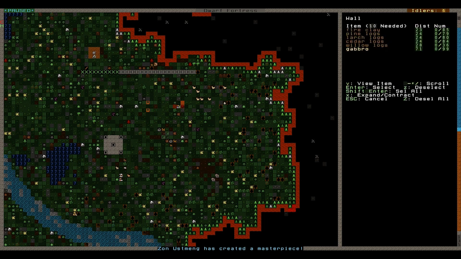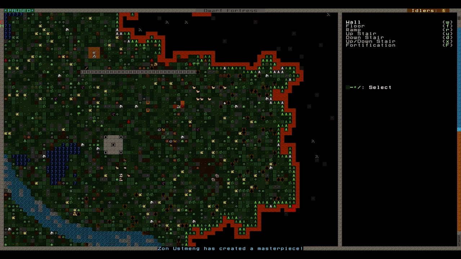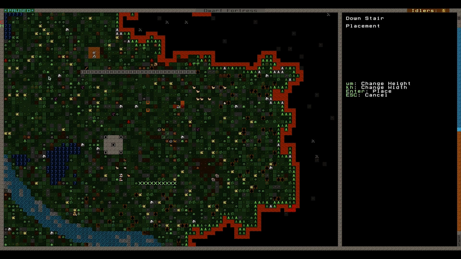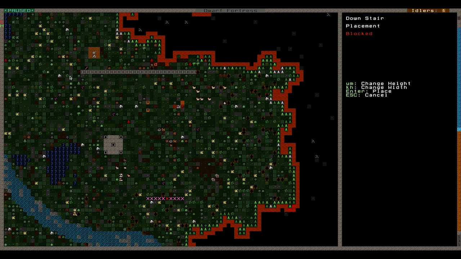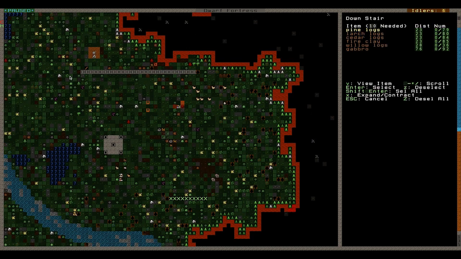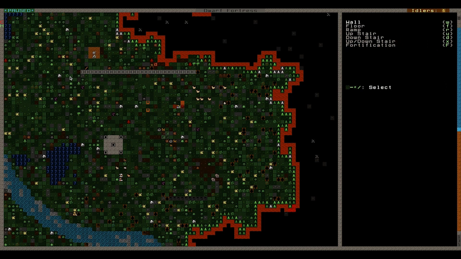So be careful you don't do that. As you can see, I'm going slightly longer because I am going to make a sort of semi-entrance type deal over here. So we will not be able to put that there. We need the trees out of the way, but they can